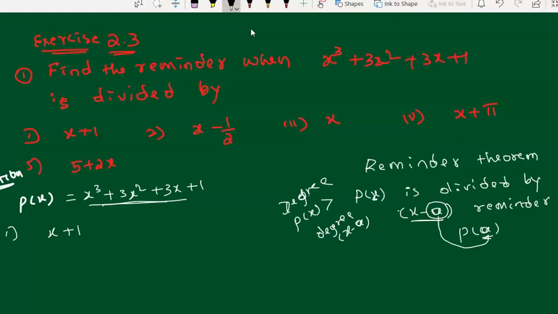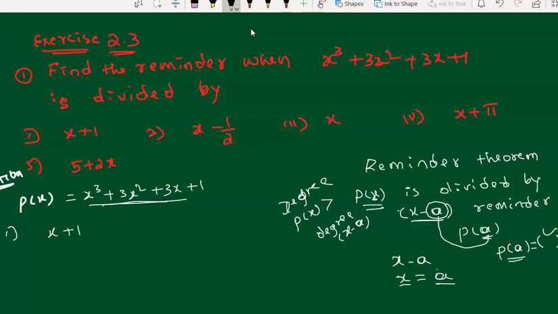Let's see how to do that. Suppose here we have x minus a. This is our general form. So what can I do here? I'll send a towards the other side. Now x is equal to a. Here I have calculated the value of x. Now I will put this value a in the polynomial p of x, and then I'm going to get the remainder. When I put a in place of x, p of x will become p of a. That is going to be your remainder.